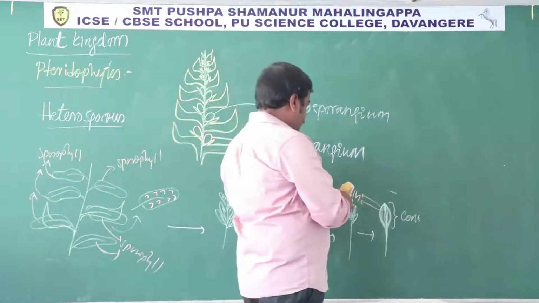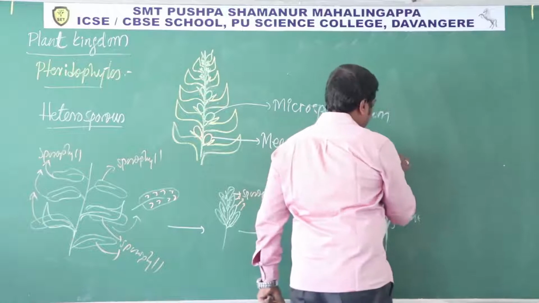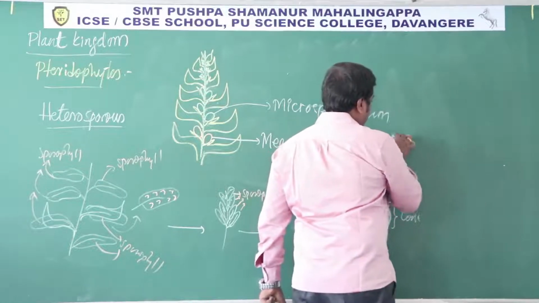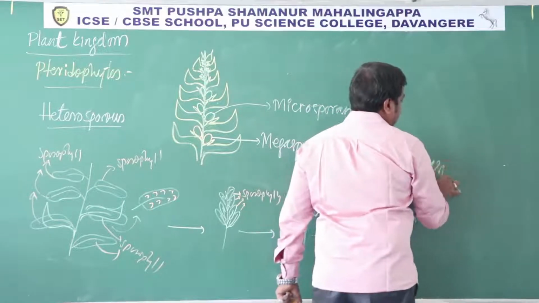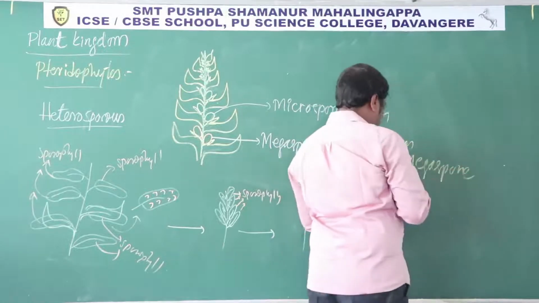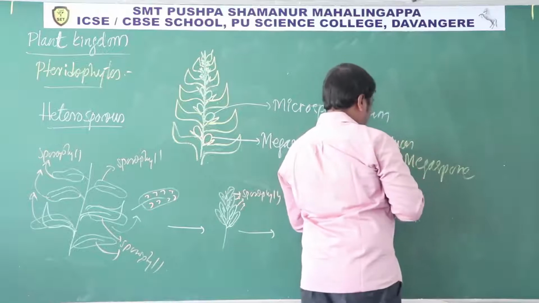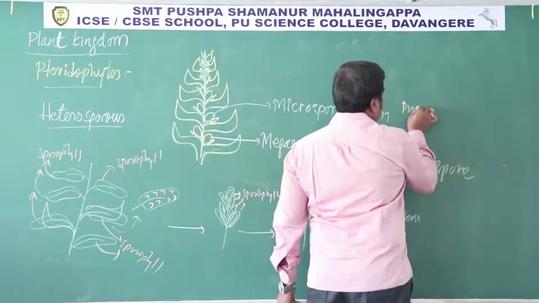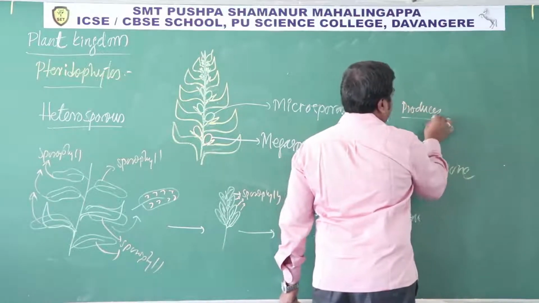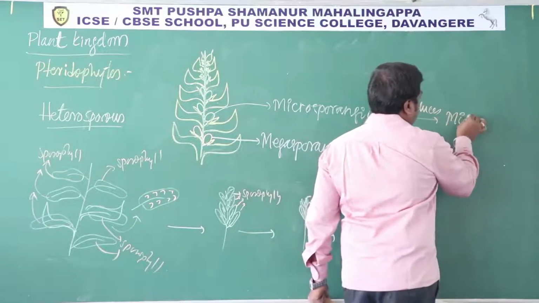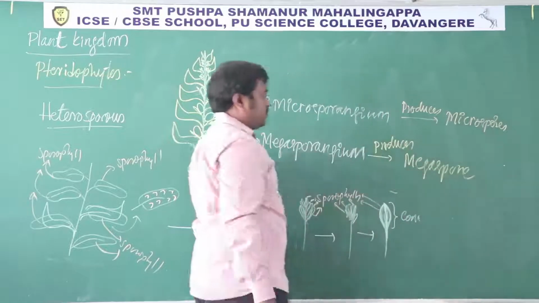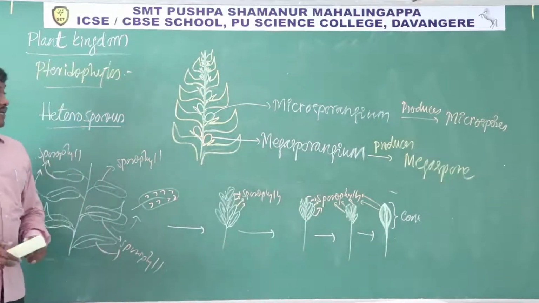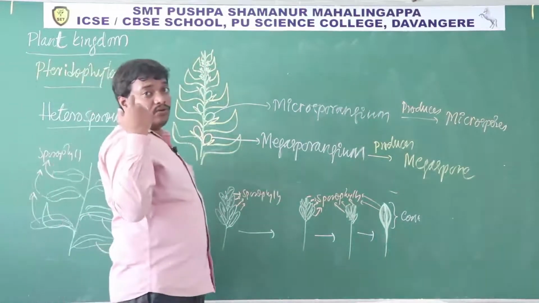This megasporangium produces megaspore, and microsporangium produces microspores. Okay, look here, in heterosporous